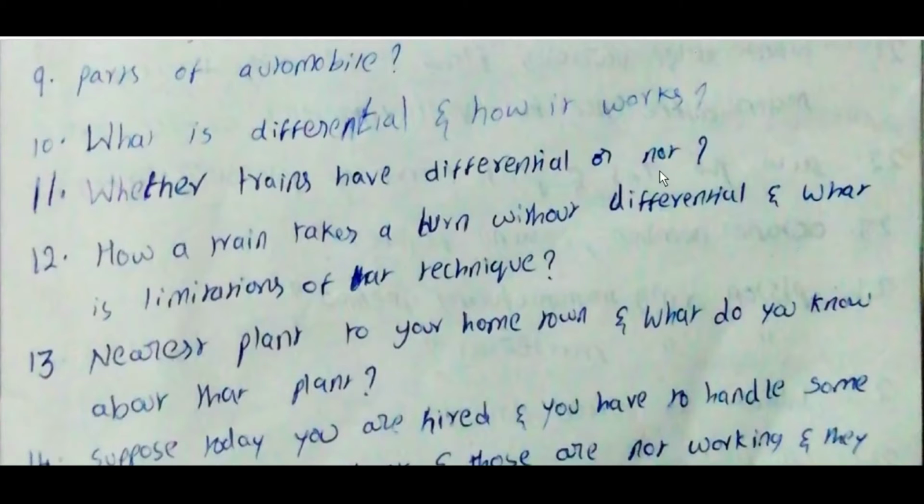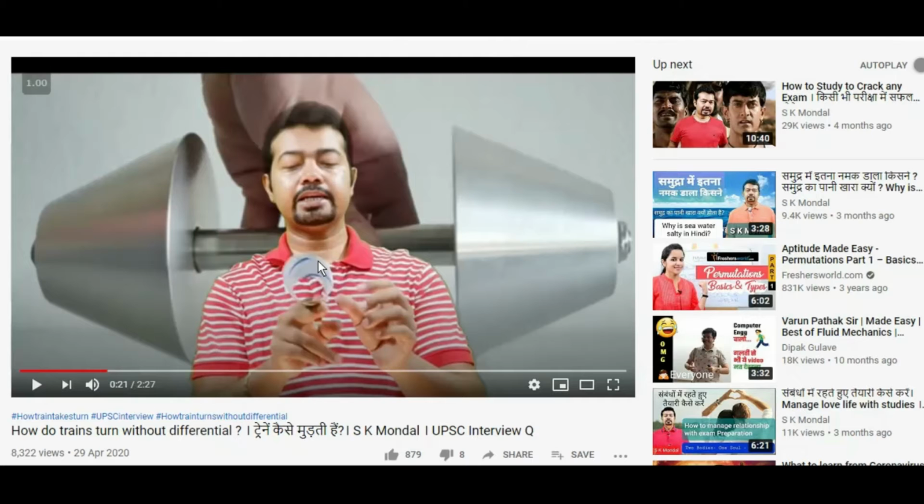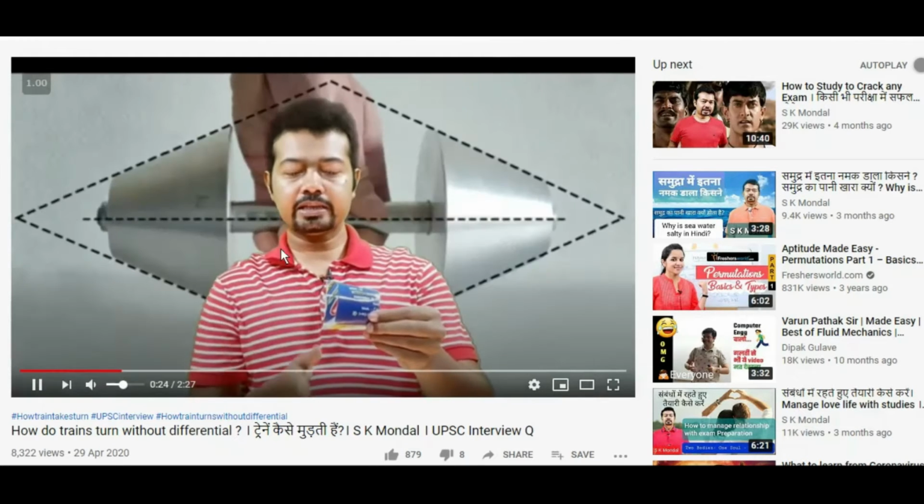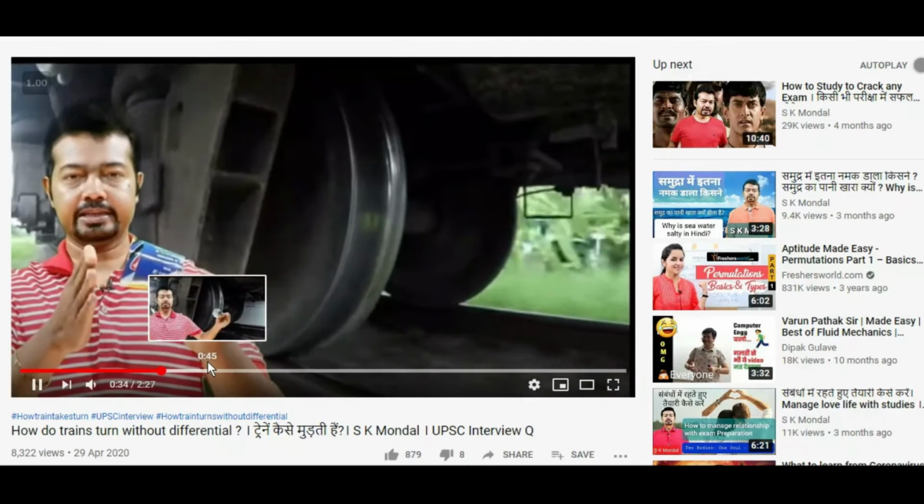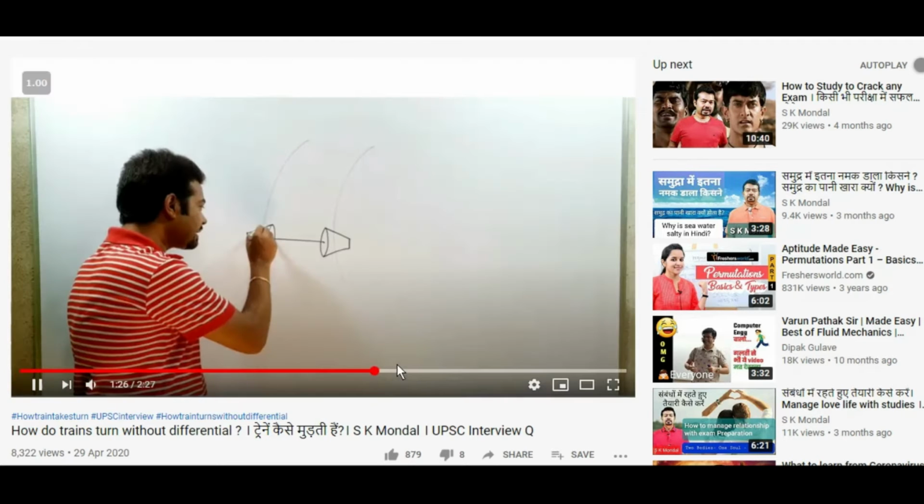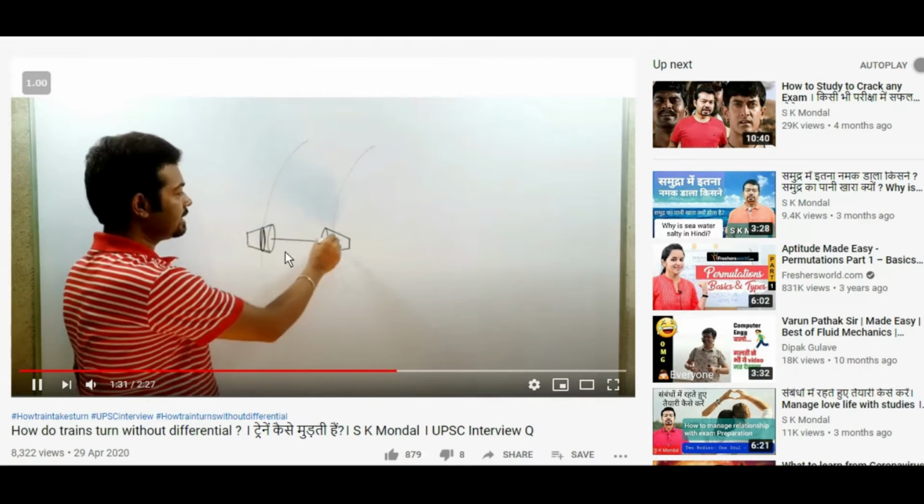Does a train have a differential or not? No, a train does not have a differential. How does a train take a turn without a differential, and what is the limitation of that technique? For this, there is a video explained by S.K. Mandal. Train wheels will be conical in shape. When there is a turn,